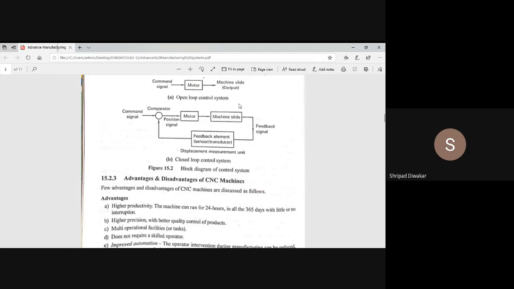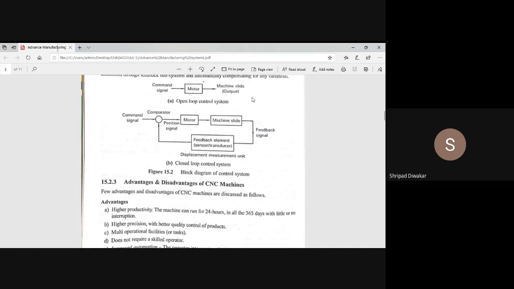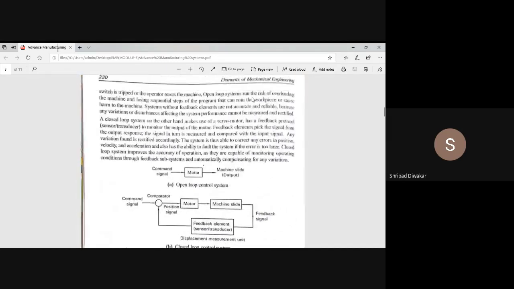As I said, the main function of the controller unit is to receive the signal from the computer and then send those signals to the machine tool for the actual performance of the machine.